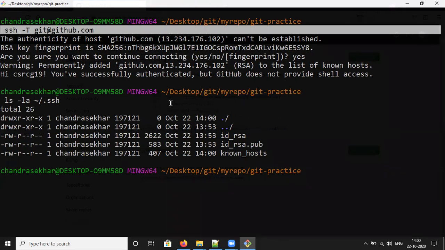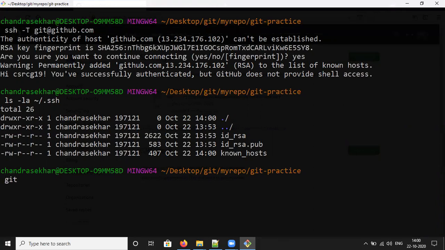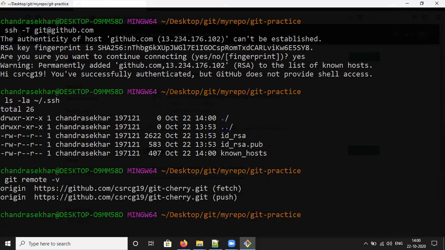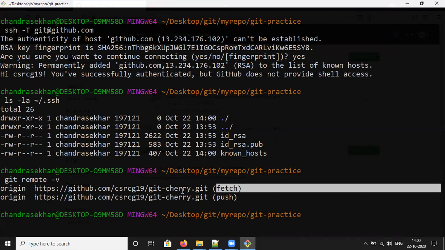Now we are trying to check, instead of using https we can use the ssh url. Now you can check git remote -v for your reference, which remotes were added. The https one is added.